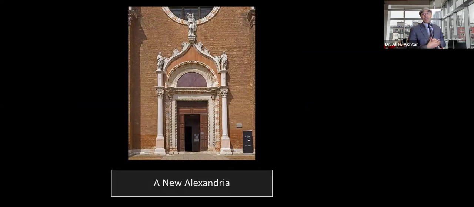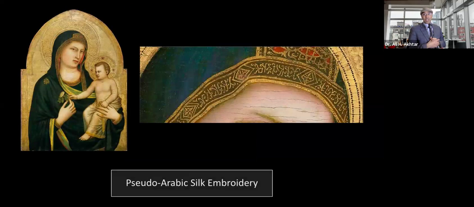But what's interesting is that no matter how much the Venetians would experiment with representing themselves as centers of Christianity and sacred history and centers of innovation and silk and design and art, and no matter how much they amplified these styles, even in architecture, these pointed arches that were much more common and typical of the Middle East, North Africa, no matter how much they amplified this kind of visual theater of Venice as a new Alexandria, a center of Middle Eastern, North African silk imports and silk design, they would always have trouble competing with some of the innovations in art and design and international trade and exchange that were happening in Rome and across the Roman Catholic Church.